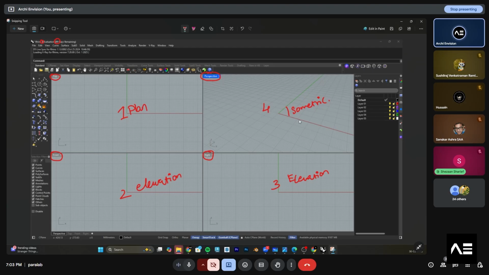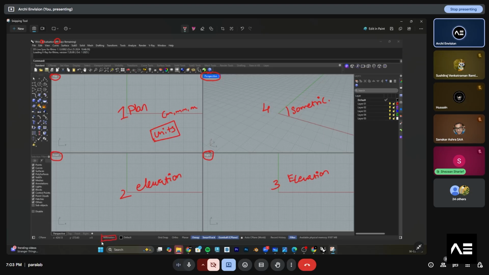As of now, it doesn't have units. I will talk about the units in the next class. Units can be centimeter, millimeter, or meter, and so on. As of now, it opened in millimeters, which is shown over here.